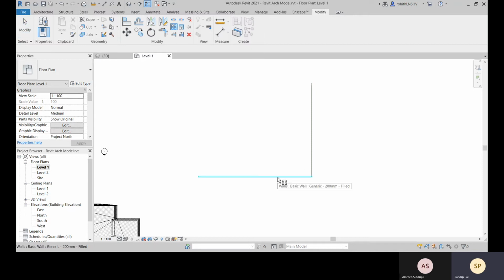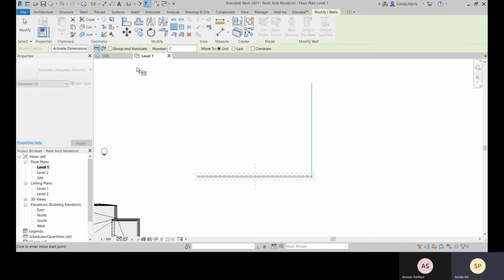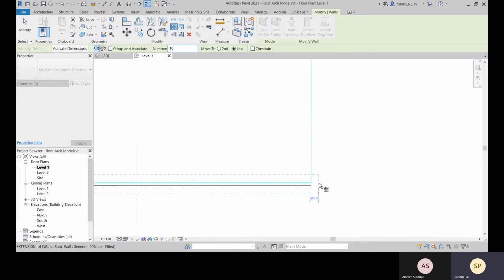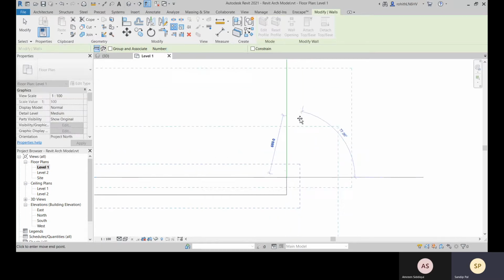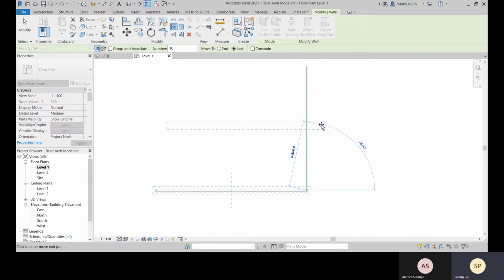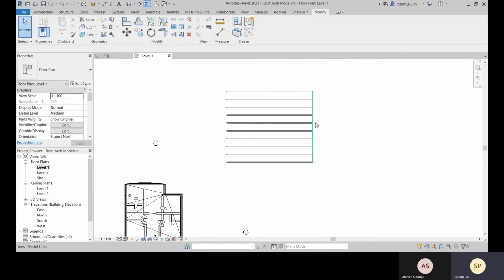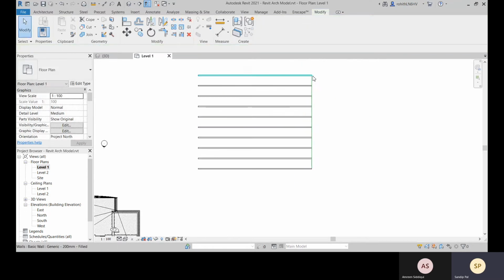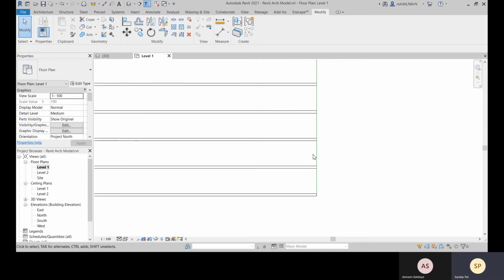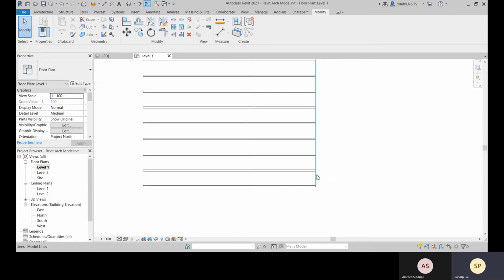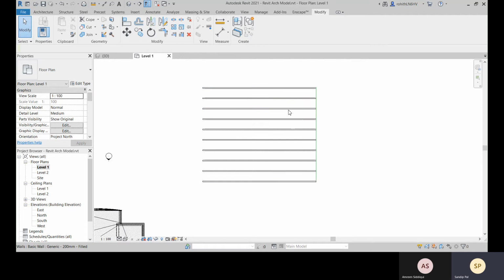So you press AR to activate array, then select the object and enter, and then you specify last, and the number of duplicate objects will be 10, enter, and from this point to this point, you see, it will specify the equal gap for each object to fill within this length.